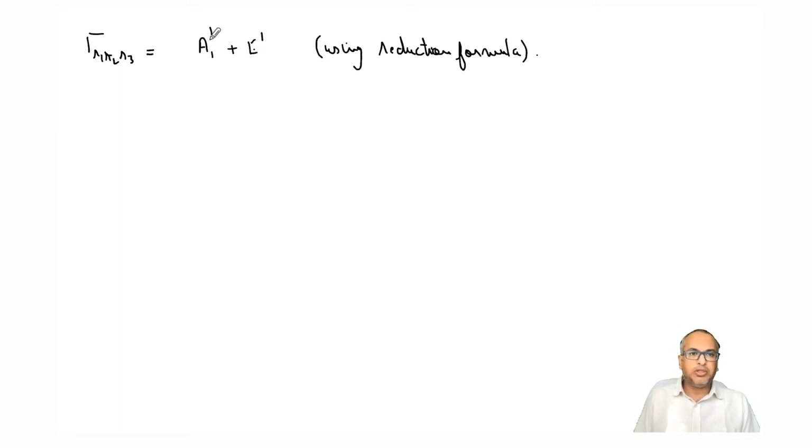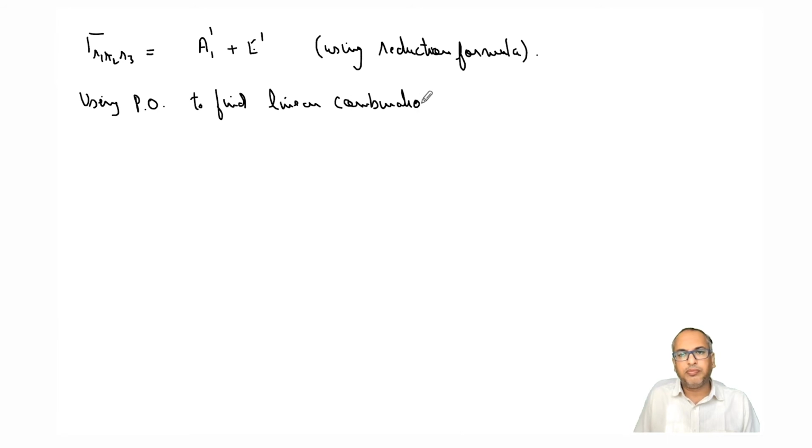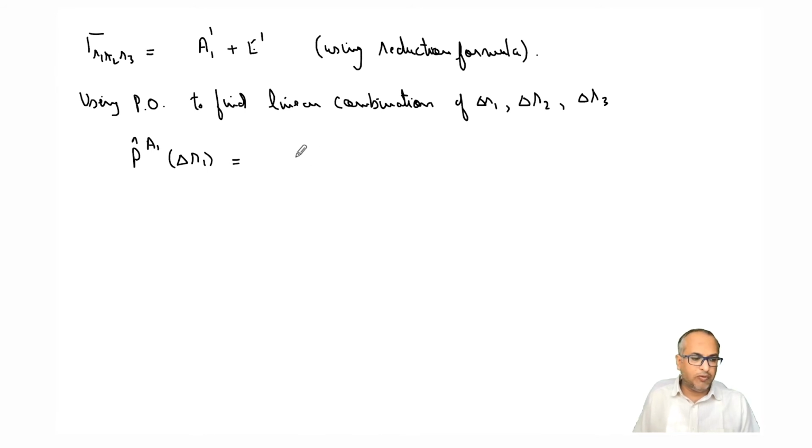Now we'll use the projection operator of this symmetry onto one of the basis functions, using the projection operator to find linear combinations of delta R1, delta R2, delta R3. So the first one is very simple. If we apply the totally symmetric representation projection operator, what you will get, upon normalization,